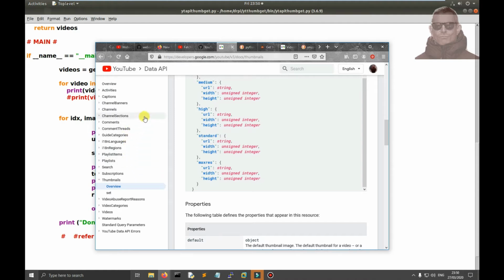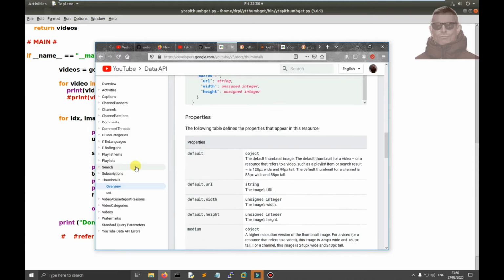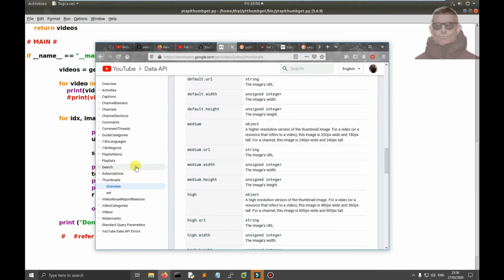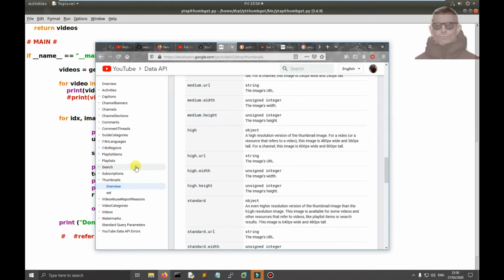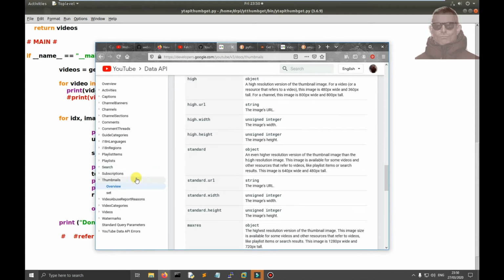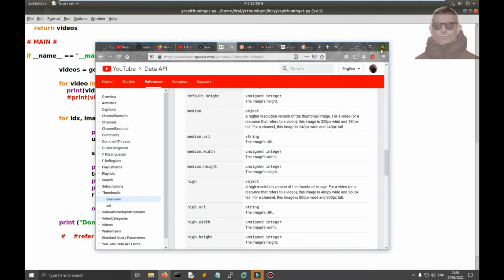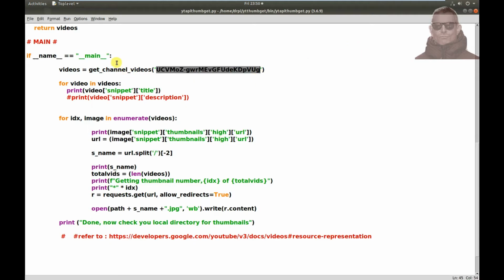All of these properties you can query using the API, the Google API, which you need to register for. I'll talk about that in a second, but briefly, we're using the Google API, we're retrieving information about our videos, and my code here collects thumbnail names, which